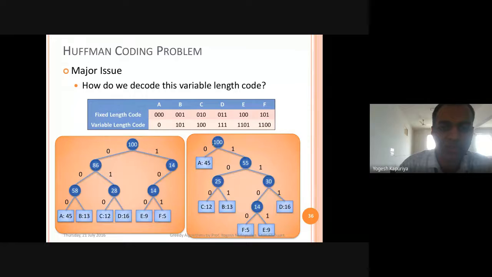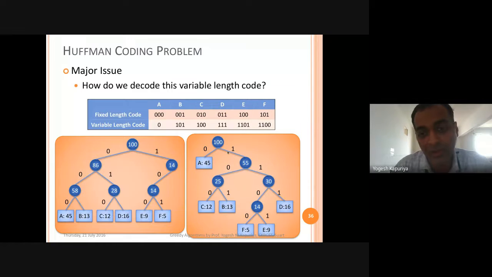So obviously you need to assign 0, 1, 0, 1, something like that to every edge. Again, whether you should put 0 over here or 1 over here, that is also flexible. In some of the literature, you may find that 1 is put over here and 0 is put over here. But again, you must be very specific.